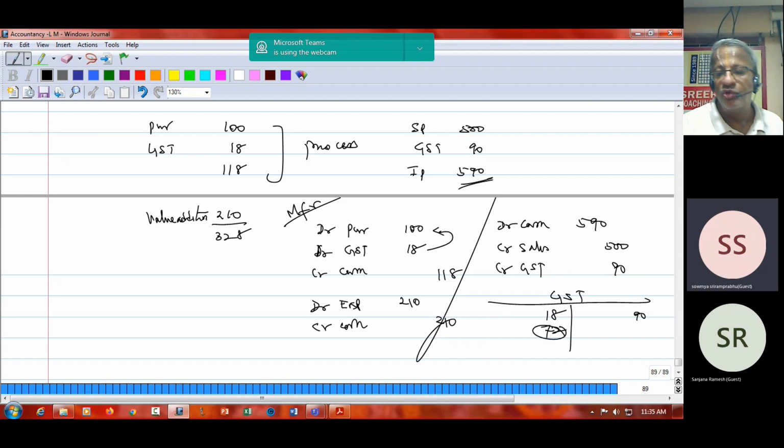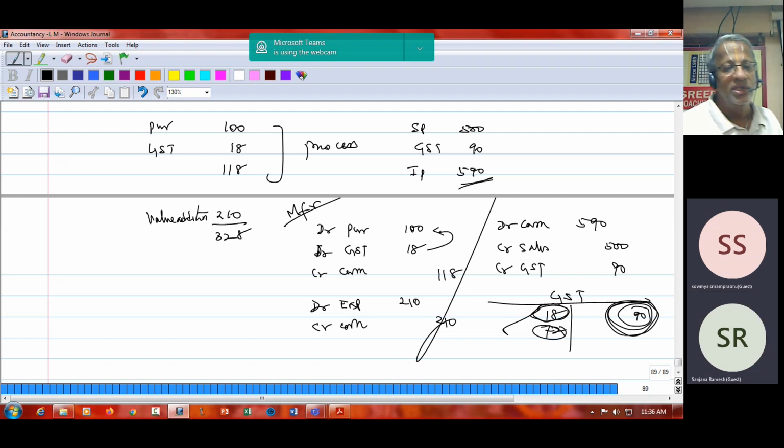Are you all understanding? For whatever tax I have already paid as GST, I can deduct that amount from what I am charging my customer, 90. So the tax on which I am making payment now is the net of the two. I have already paid 18, and I am charging only 90, so 72 rupees only I have to pay. Am I right? Say yes or no? Yes, sir. Even that 72 I am not paying out of my pocket. From where am I paying? From the customer. From the customer only I am collecting and paying. Are you understanding or not?